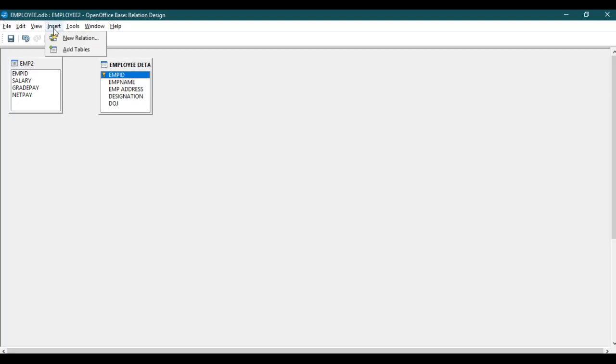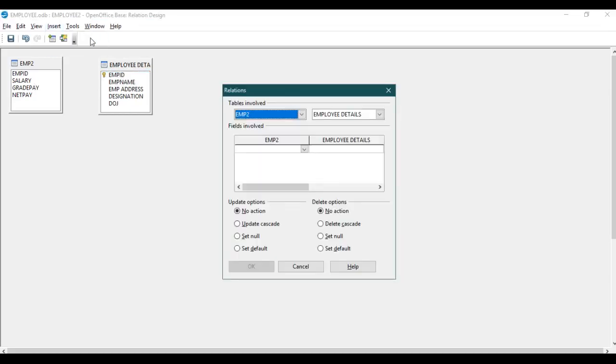So what is a one to one relation? Both the tables must have a primary key. What is one to many? Either one of the tables must have a primary key. But here I have only two tables, and only one table has a primary key. So new relations, you will get a relation dialog like this. So whatever fields you want to add, you can add here.